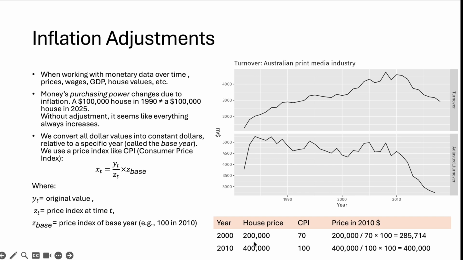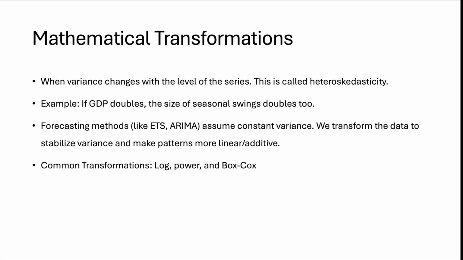We are adjusting for inflation, because here the prices look doubled. In fact, they are not doubled. They're only about 40% more. So in this case, we have more accurate data, so we can build our models based on this. The final thing that we do is a kind of transformation, and